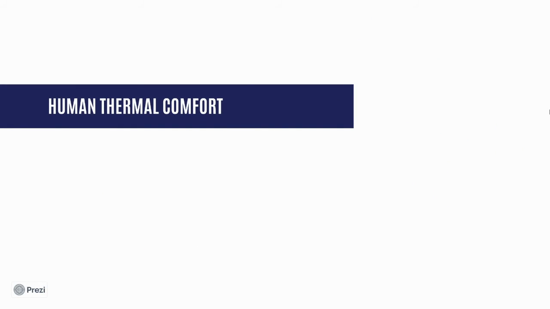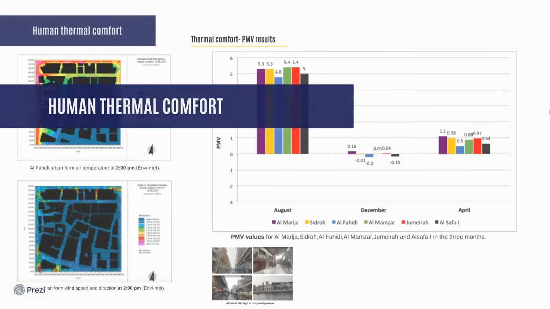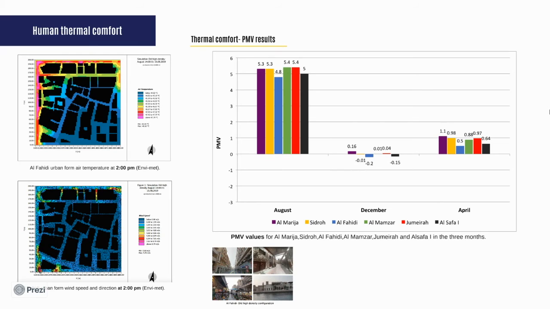The last part of our results is related to human thermal comfort. Various factors have an impact on human thermal comfort, as follows: environmental factors and psychological factors. The environmental factors refer to the air temperature, air velocity, mean radiant temperature, and relative humidity, while the psychological factors are the body metabolic rate, personal activity, age, and type of clothing.